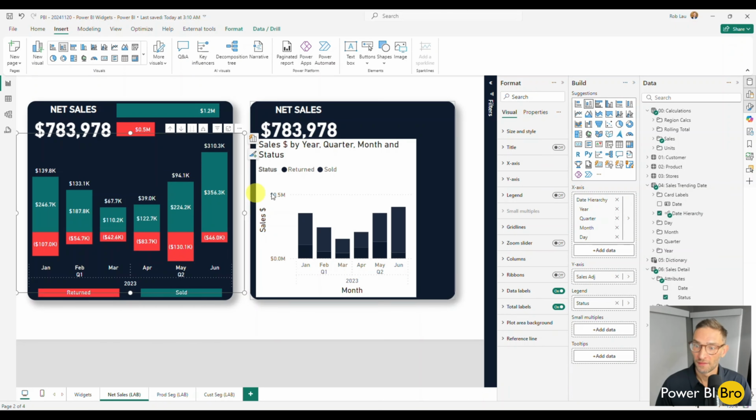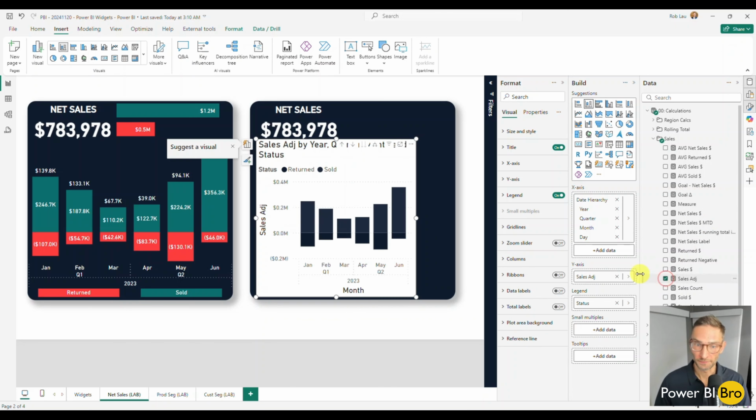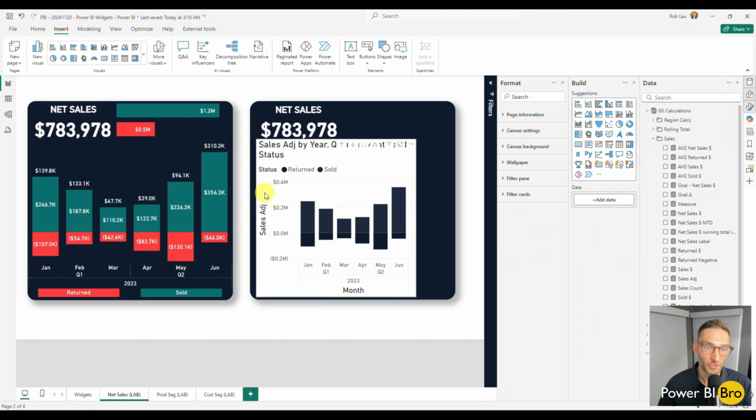And what we have here is another column, because you'll see that the red goes down. So there's a sales adjusted value. This is going to be the process you're going to want to do as you create KPI cards for charts. You want to just take off everything, even the legend, the title. And the reason why is because we're going to maximize how the bar chart looks and then add additional things